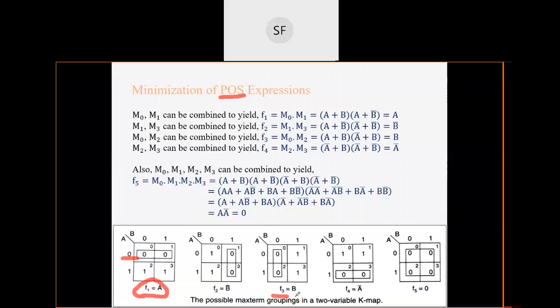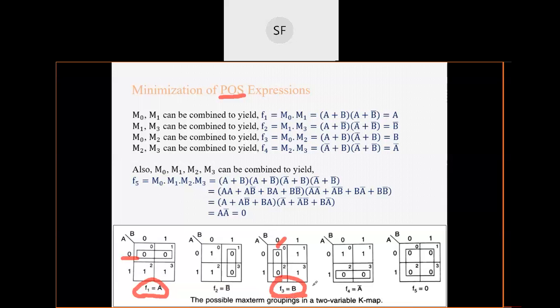Okay, if I take F3, you can observe that in F3 zeros are here. Again you have seen that these two cells are nothing but adjacent cells. So you have combined these two zeros, and for this combination you have observed that the value of A is varying. A is changing, 0, 1, but the value associated with B is constant and it is equal to 0. So hence the final value will be F3 equals B, because B equal to 0 means in POS it is in uncomplemented form,